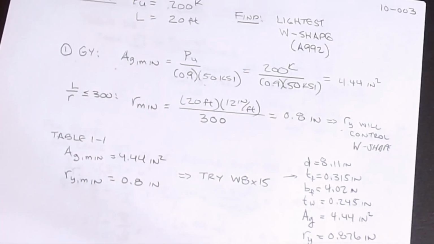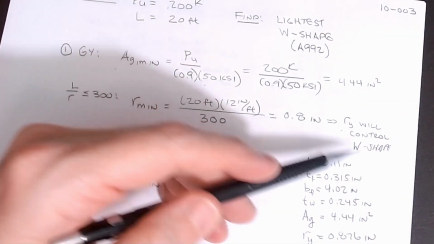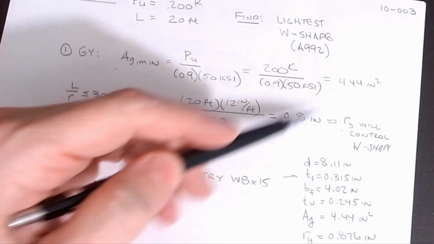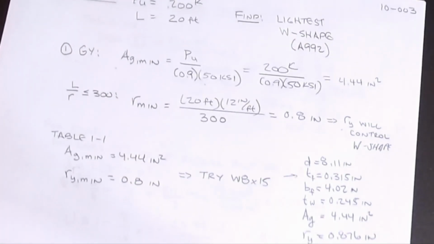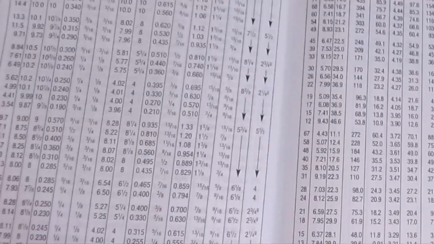So, if it's a built-up section, you've got to be careful. But your minimum for just a standard W shape will always be RY. So we're looking for that as we start to go shopping for those particular shapes. So if we flip up to Table 1.1, okay,